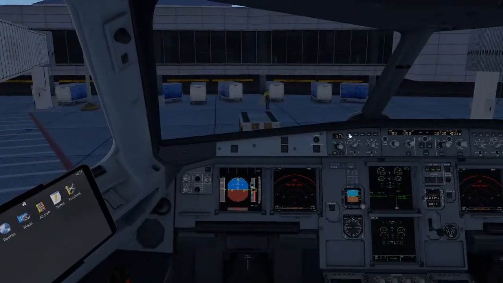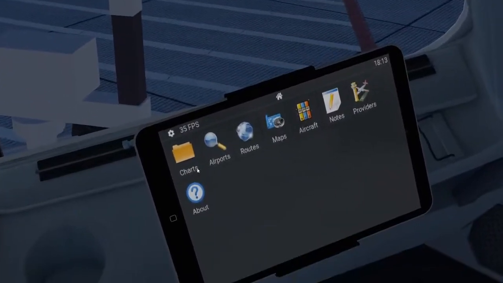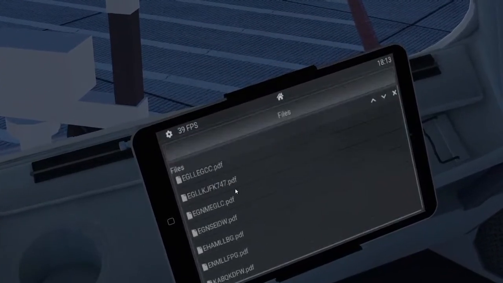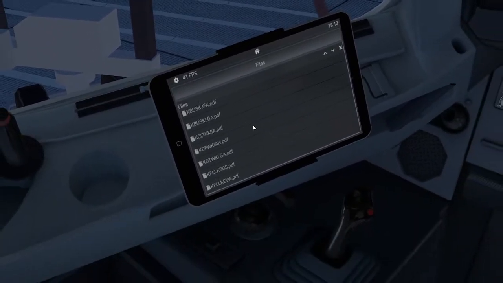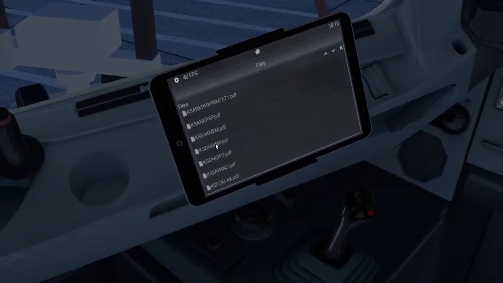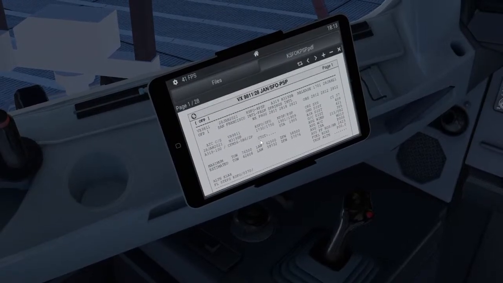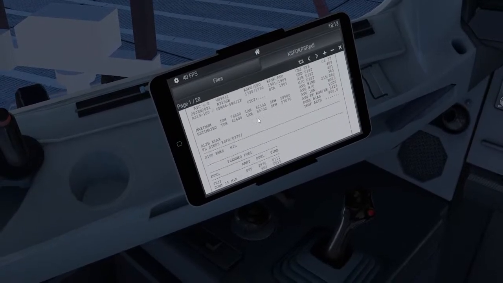Engine page. And we are nearly done. There we go. Okay, so now we're gonna get the fuel loaded. Okay, charts. I usually save my flight plans here because it's easier to access them from here. So, okay, KSFO KPSP here. This is like an old flight plan from like January, but I still use it to